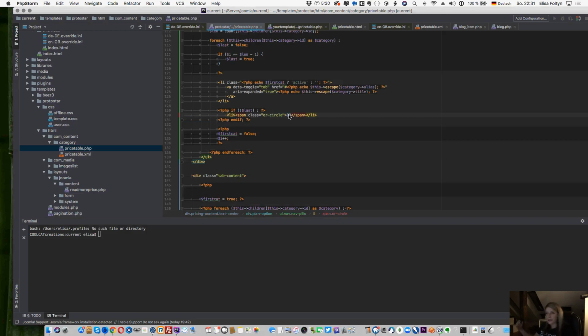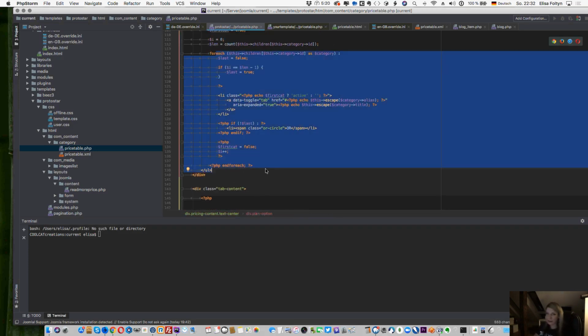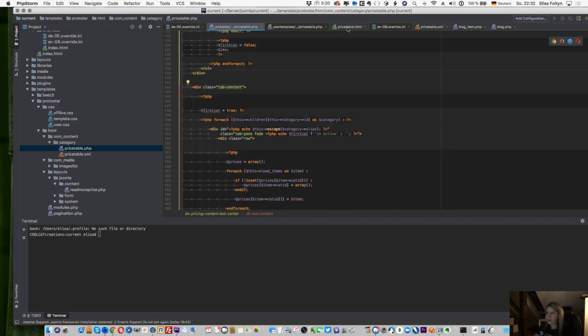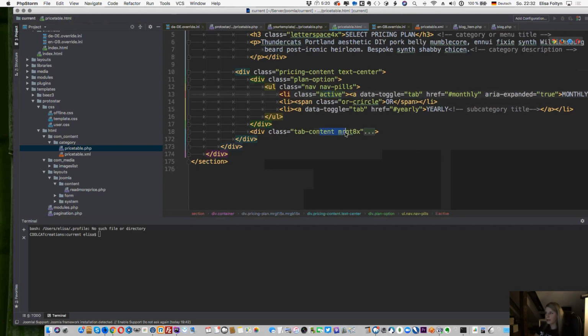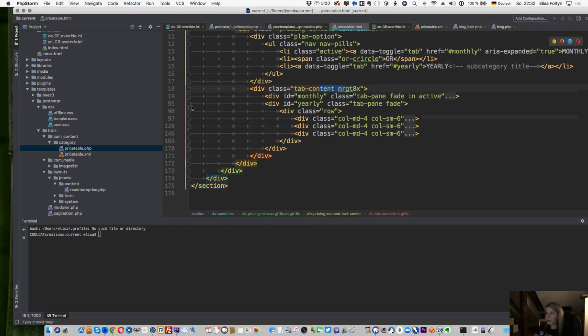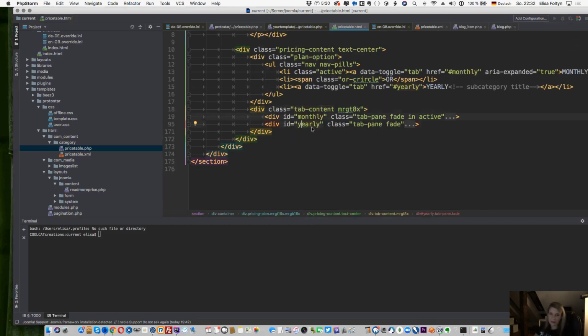This guarantees that my content is dynamic. I can add as many subcategories as I want. I can say it's a daily price, monthly price, weekly price, whatever. It will always show it in the right way. So after I went through these categories here at the top, I have the bottom part, the tab content, which we had here, tab content. And inside of tab content, we have these two containers, monthly and yearly. And